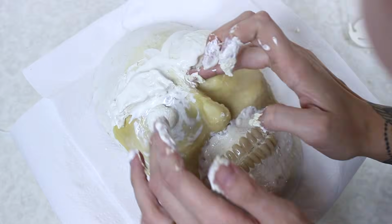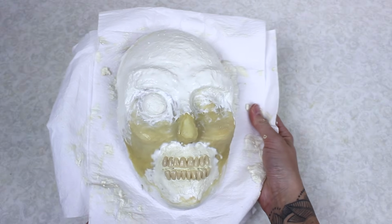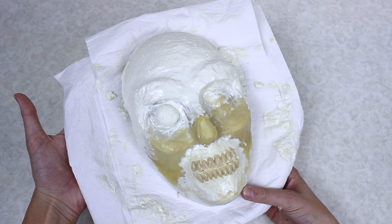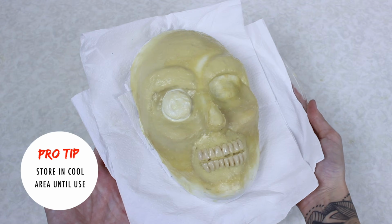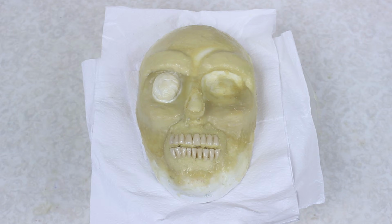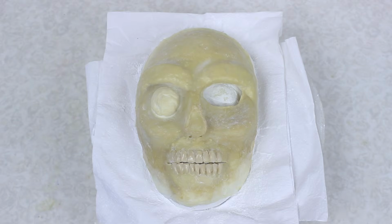I finished off my zombie by applying some really funny eyebrows because I was laying crepe hair over the top later. I let this dry for about 4 or 5 hours until it was completely smooth on the surface. It wasn't dry through to the core, so I wrapped this in cling wrap and stored it in my fridge for about 3 or 4 days. That let it dry and cure all of the way through. It kept it nice and soft and moist, and then when we applied it to the face, it was really